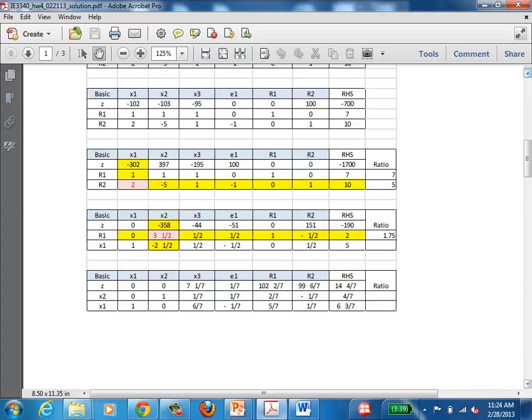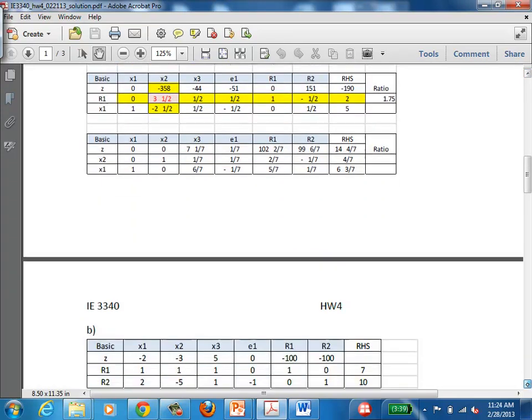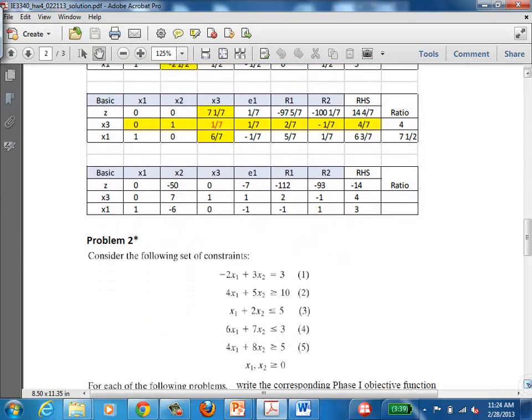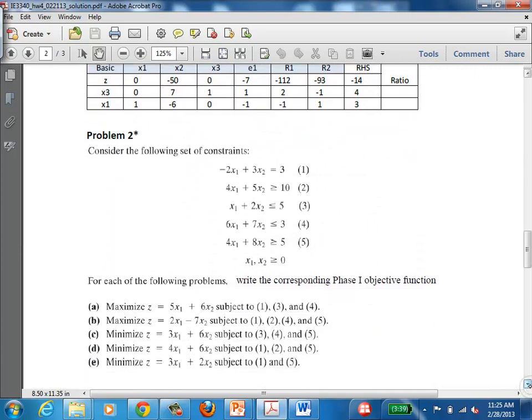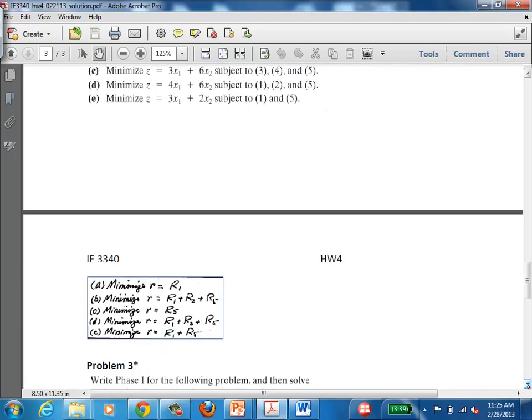Okay. So let's move to the second problem. The second problem, you don't have to solve anything. The only thing that you need to do is to establish how your objective function is going to look like. So for the first phase, depending on how many decision variables or artificial variables you're going to have, that's how your objective function is going to look like. Good? Now, the third problem